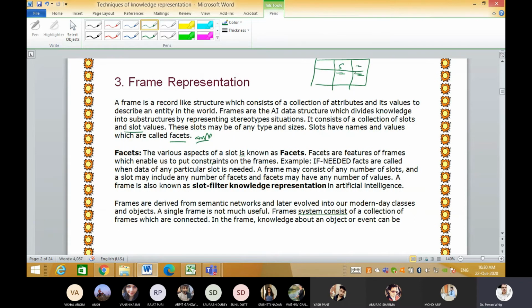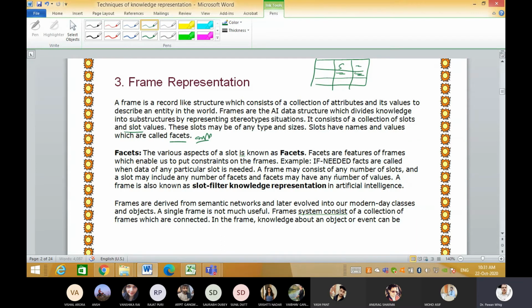Now, the various aspects of a slot are known as facets. Various aspects means you may say the various rows are what we call the facets. Facets are the features of the frame which enable us to put constraints on the frames. For example, facets are called when data of a particular slot is needed.